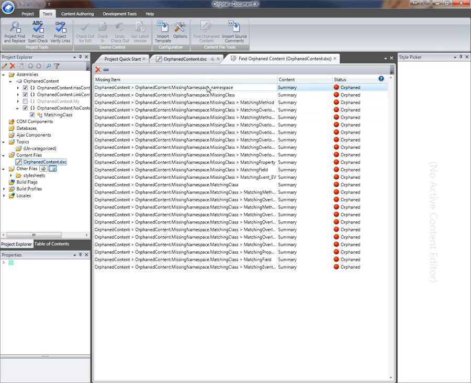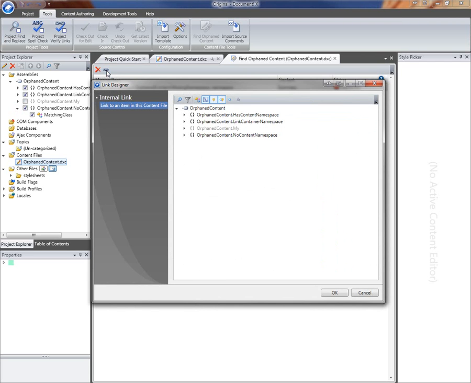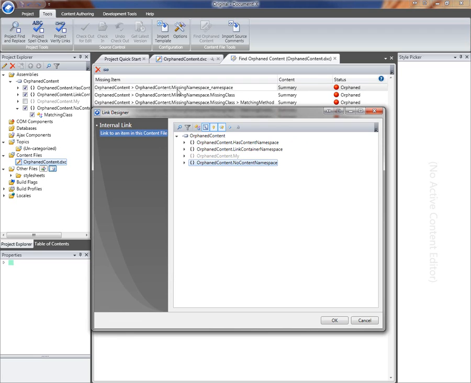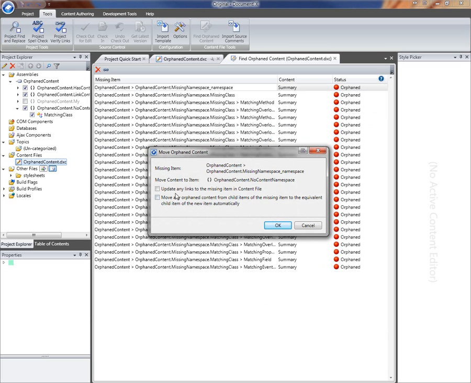I'm going to click on the namespace to begin with and click on the Move button on the toolbar, and I'm going to identify the new location of that namespace. I'm imagining here I've renamed my missing namespace to my no content namespace, and when I click OK, I'm given a couple of options on this dialog for what I want to do with the content and the